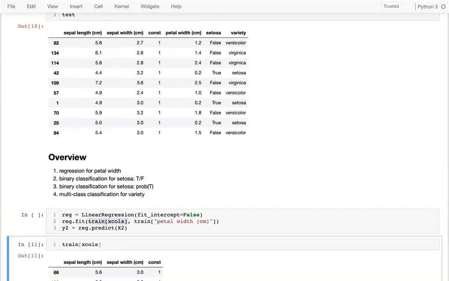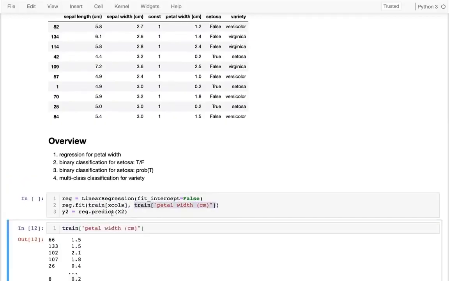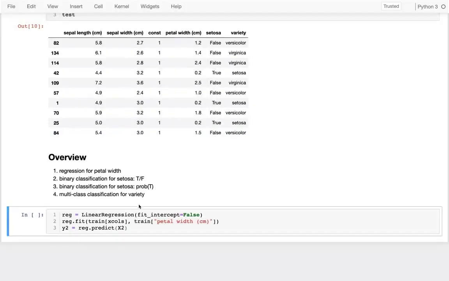So if anybody's having trouble visualizing it, I'm getting just those 3 columns out of my bigger one. Whereas when I'm doing this, I'm going to get a pandas series that contains that petal width column. So I'm trying to predict this based on these 3 things. Okay, so I'm doing that, and now I want to do some predictions down here, and that's going to be